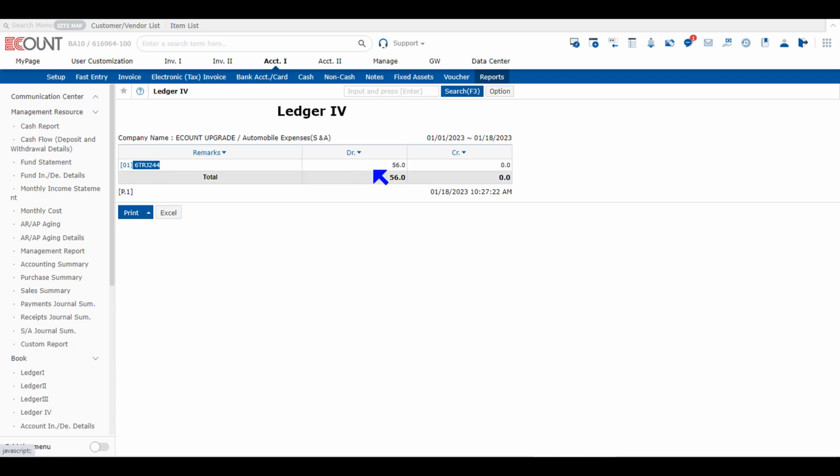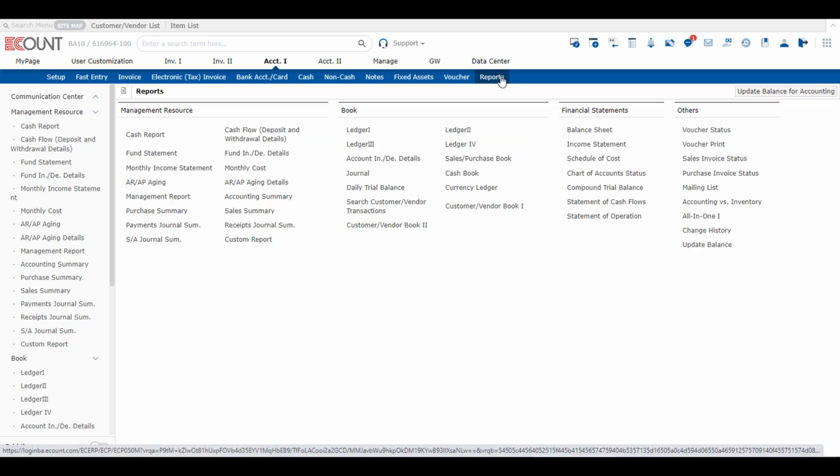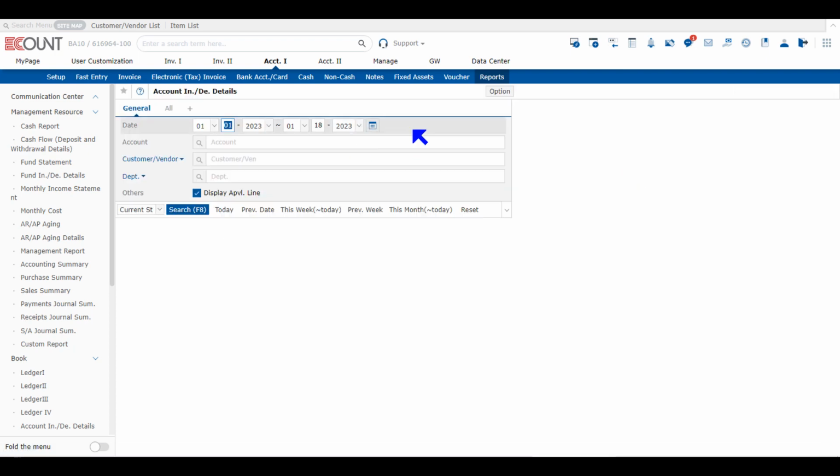Lastly, we will discuss Account Increase/Decrease Details menu. In this report, you can select a particular account and view the history of increase and decrease entered with the selected account. So account code is a required field, and you can use the other search conditions the same way. So if you search by accounts payable account,